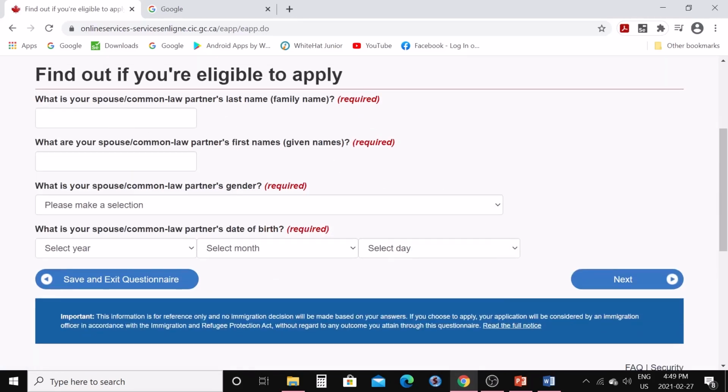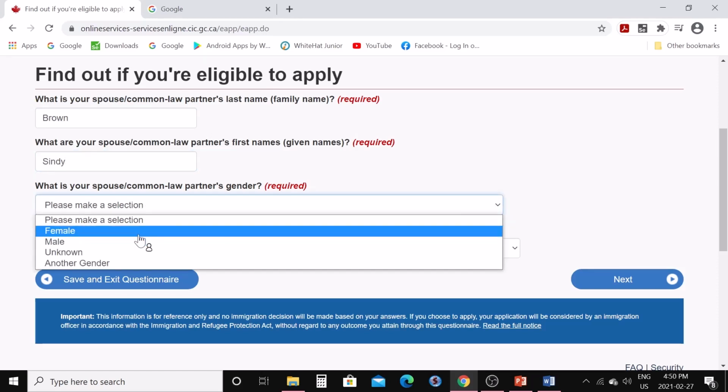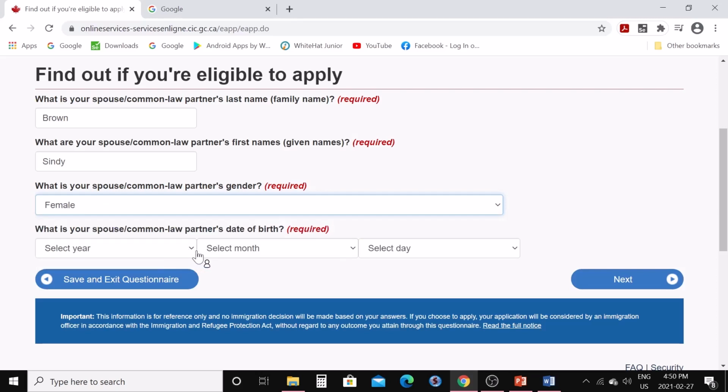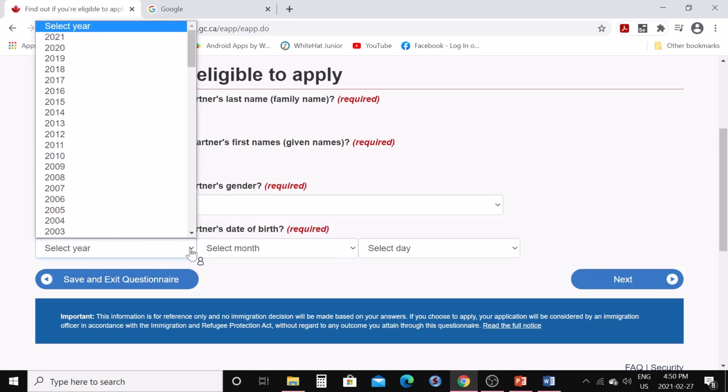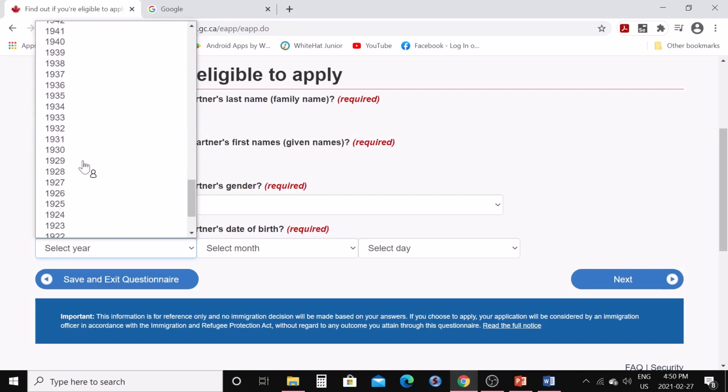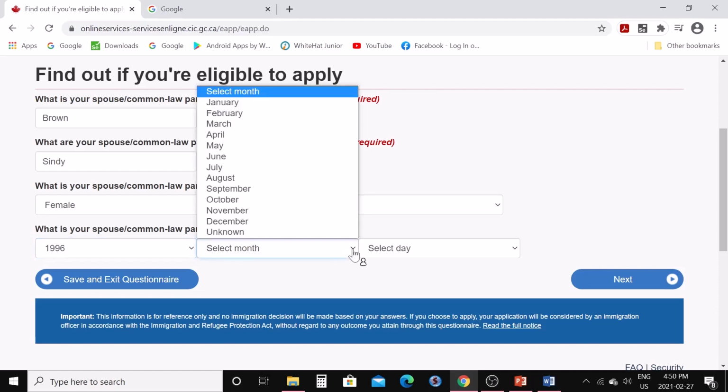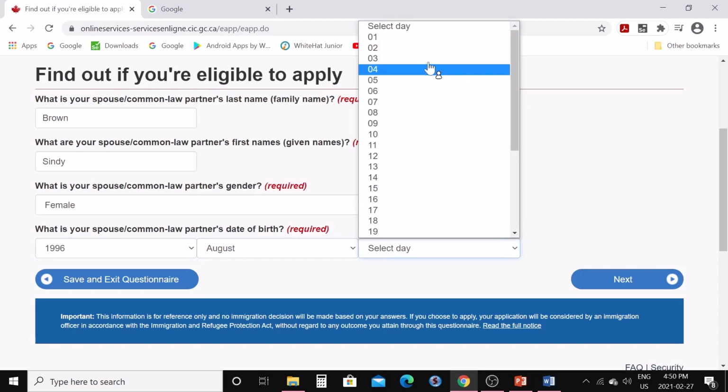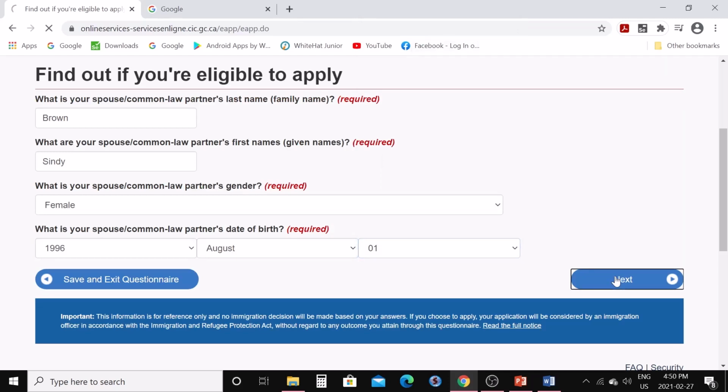what is your common law partner's name? So suppose I write the last name here, they are asking first, so I will go with Brown. What is the first name? I'll go with Cindy. And gender, I'll go with female. And again, spouse's date of birth, so I'll go with maybe 96. Let me check. And August 1st. Next,